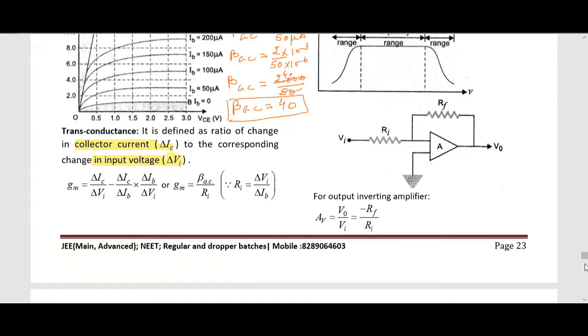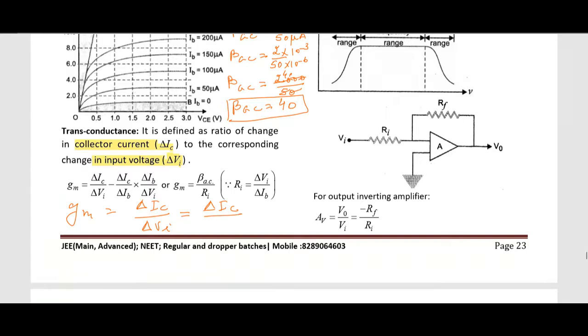So we will write it like this. Gm is equal to delta IC divided by delta Vi,